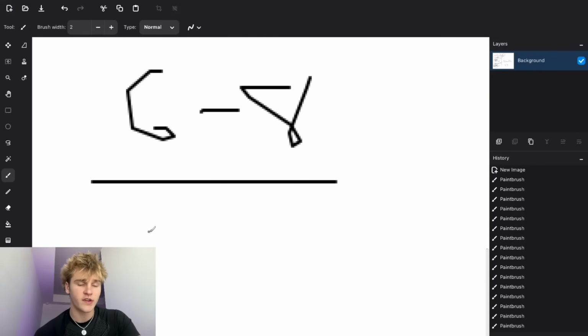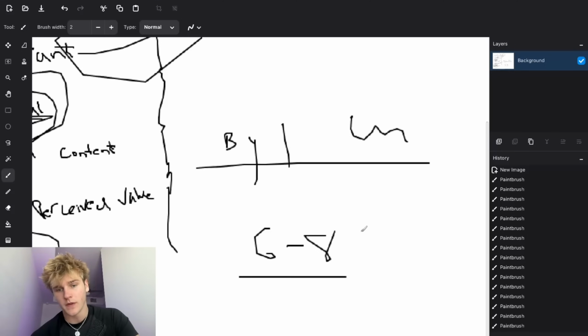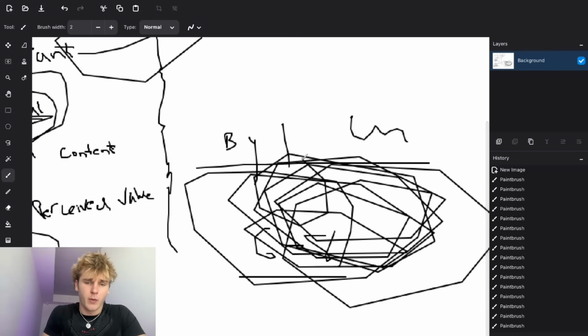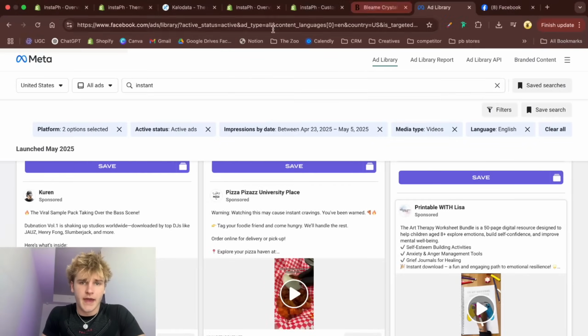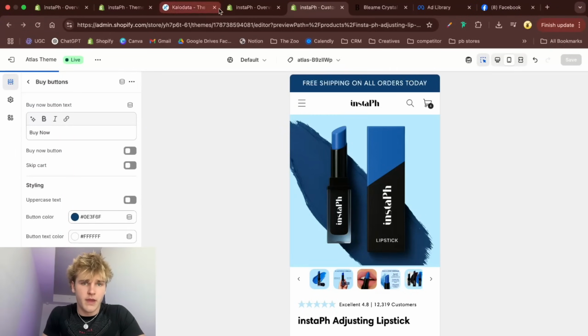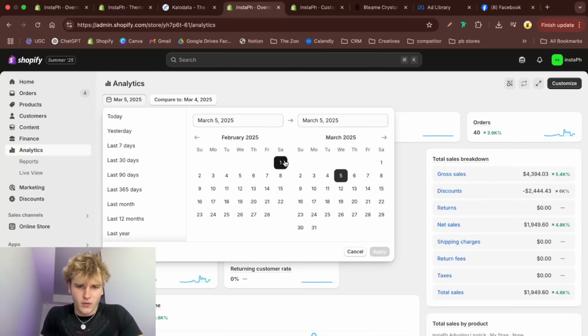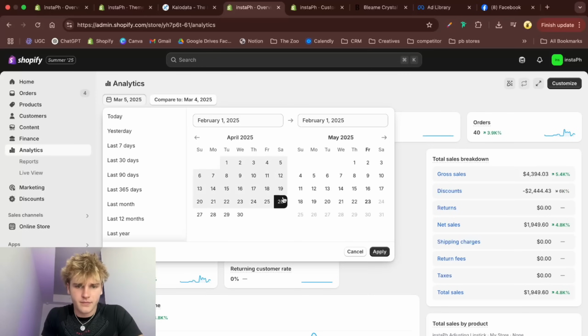But anyways, if you're doing UGC content, I'd run 6 to 8 ads with a normal shop now call to action, primary text, headline, whatever. If you want to be stealth, don't run any primary, don't run any headline, because then people won't be able to really search you up and see what product you're running. But yeah, that's exactly how I went about running this Kalo Data product. And we did $70,000 worth of revenue on it. Of that, roughly 15 to 20 was profit. After chargebacks, refunds, returns, whatever. And yeah,